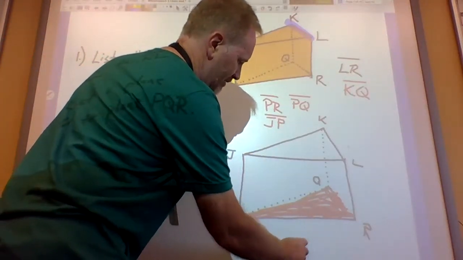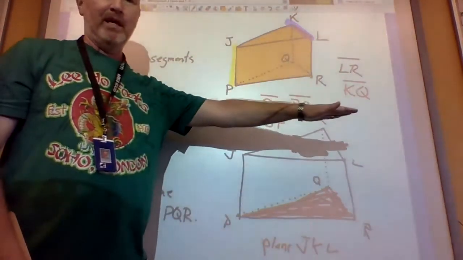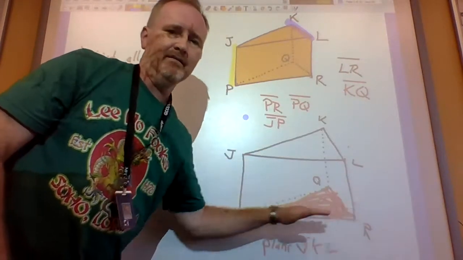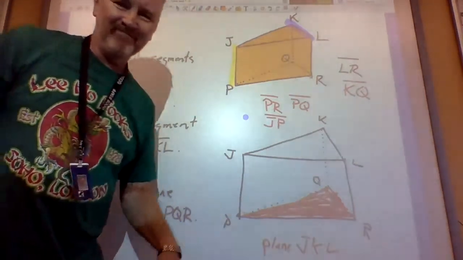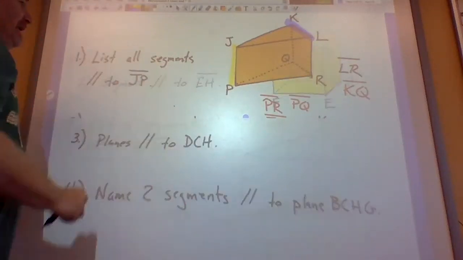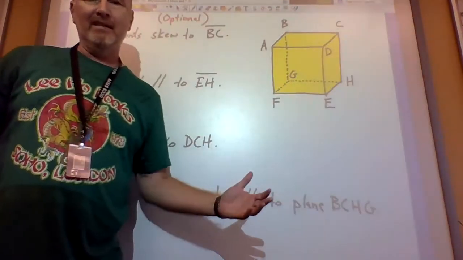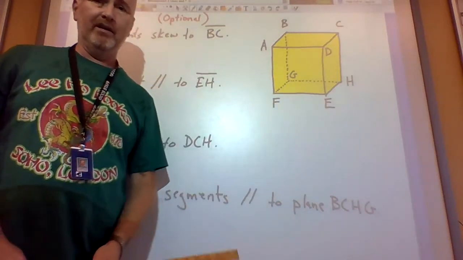So plane JKL. That's the top of the wedge of cheese, and then the bottom of the wedge of cheese. They would be parallel. Any questions on that? Awesome. I think the next screen is a skip. It's the exact same concept, but now we've got a cube, or what we'll learn later on is called a